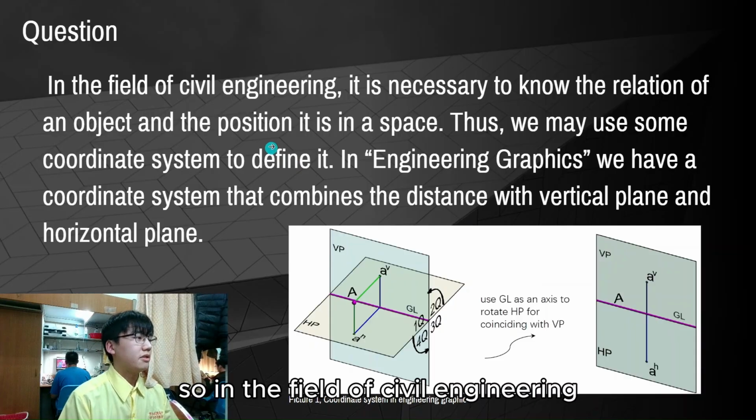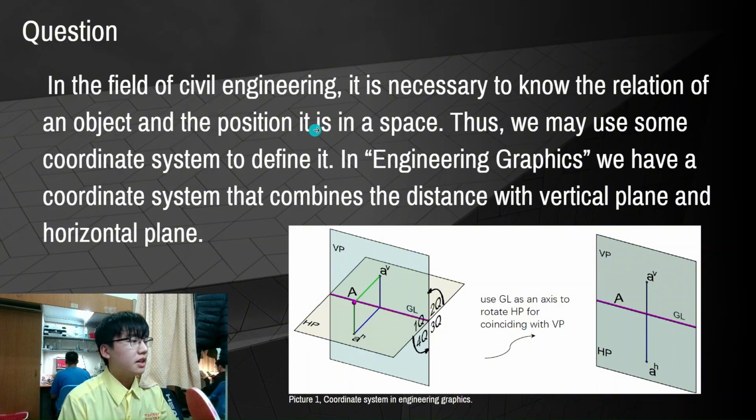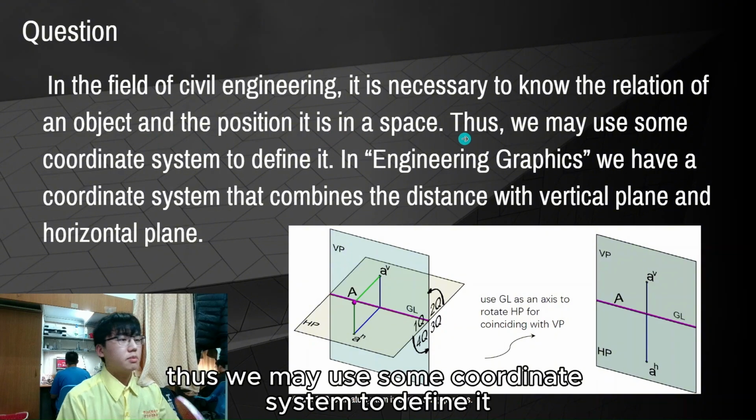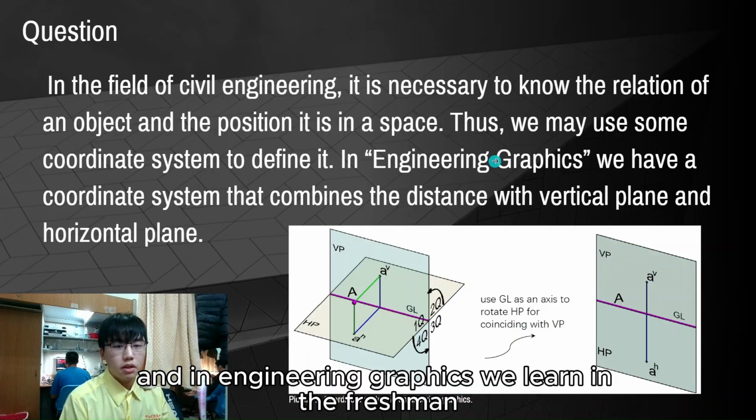engineering graphics. In the field of civil engineering, it is necessary to know the relation of an object and the position it is in, in space. Thus, we may use a coordinate system to define it. In engineering graphics, which we learn in the freshman year,